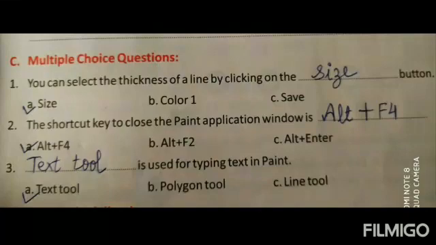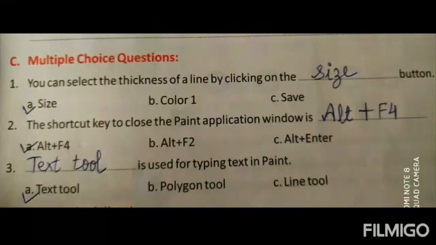A is Alt plus F4, B is Alt plus F2 and C is Control plus Enter. So what is the answer? That is A, Alt plus F4.